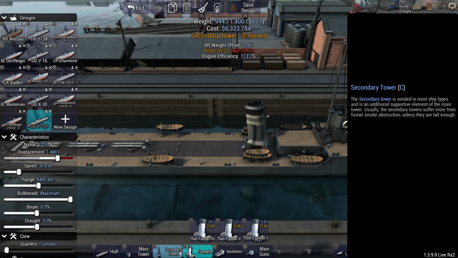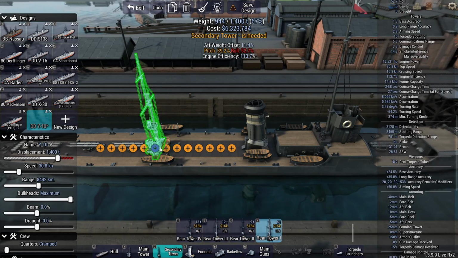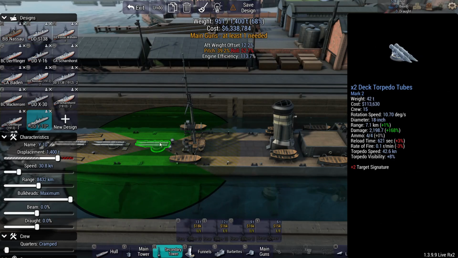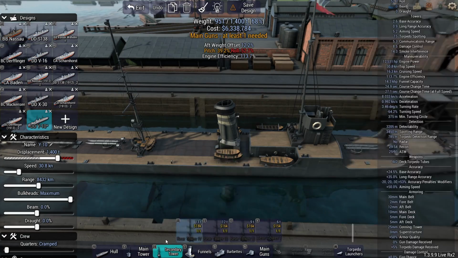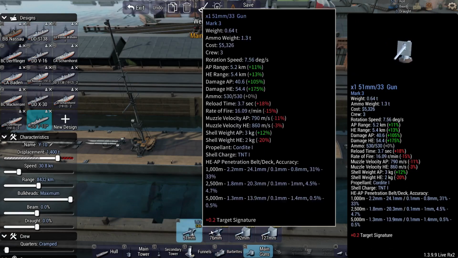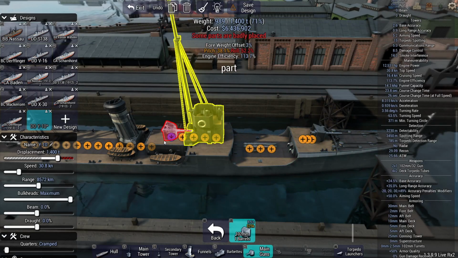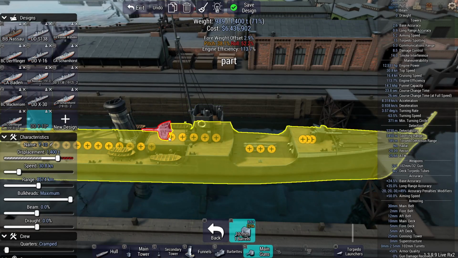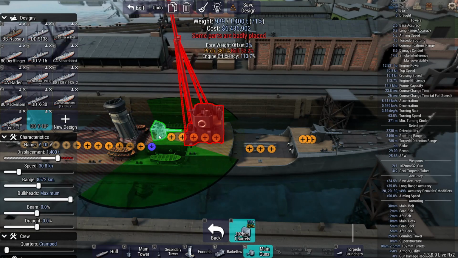I think we do need a secondary tower. So again, we're going to use whatever is the best here in terms of spotting, that doesn't interfere with the torpedoes. That should give us a relatively low profile. We are going to give it guns, obviously, and I think the 105mm single barrel is still the weapon of choice here. We can fit one centerline as well. I'm just going to put one rearwards pointing, not really, but we can fit one. We should be able to fit one tower here,